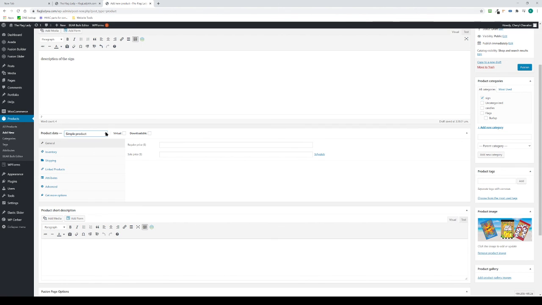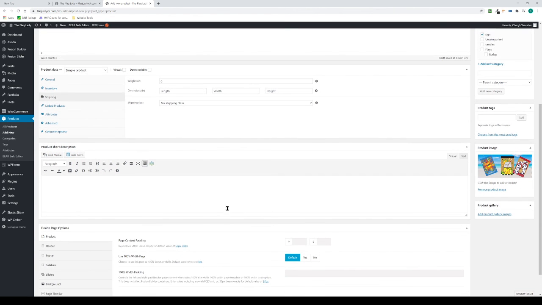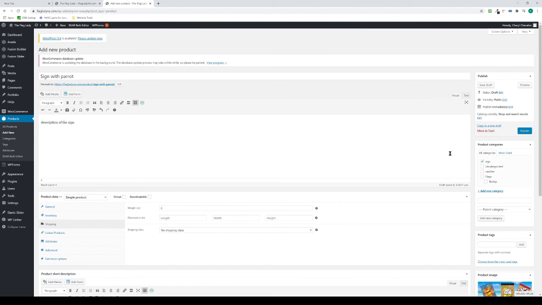Gotcha. Well, for a simple, if it's just a sign, you just type in the price right here. Whatever it is, say $30. And the shipping is all default. You don't have to worry about any of that stuff. And you put the picture, and I'm done. So if you're doing signs, Kevin, and I got all different types of signs, whatever, then